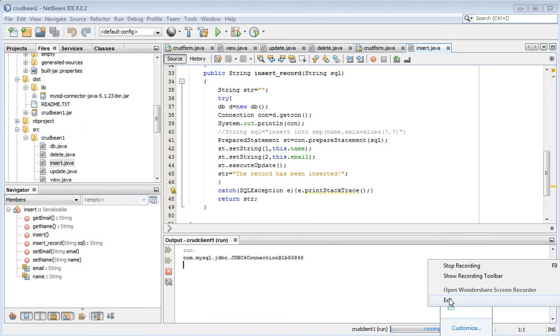If you see here, if you see a Java class, for example, the insert file, you see this name and email and insert, get and set methods and implement serializable, and we import the serializable.